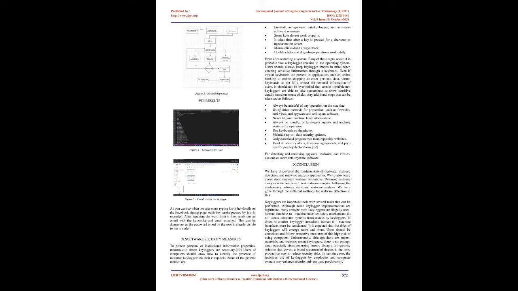After reaching the word limit, it then takes a screenshot using the screenshot grab function. It then saves the image and attaches it to the final message, which is first encoded into a string using the MIME text. The final message is then sent to the user. Functional requirements: SMTP server, email library, internet connection. 8. Results. As you can see, when the user starts typing his or her details on the Facebook